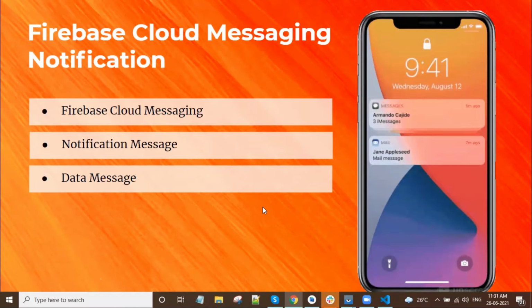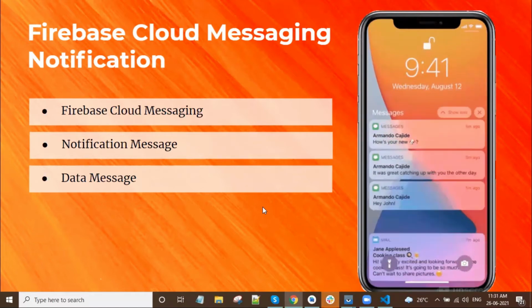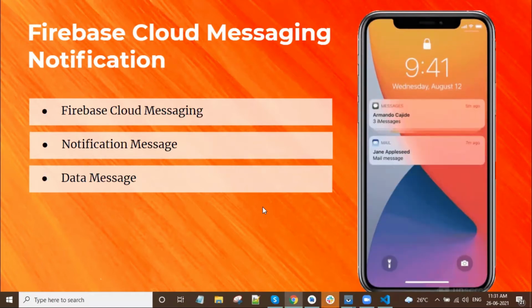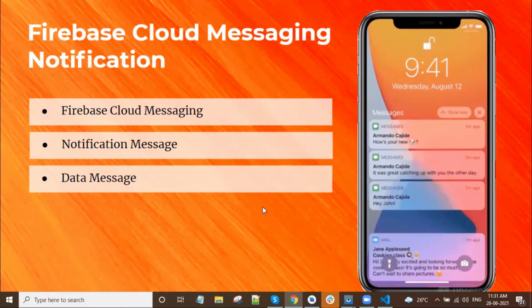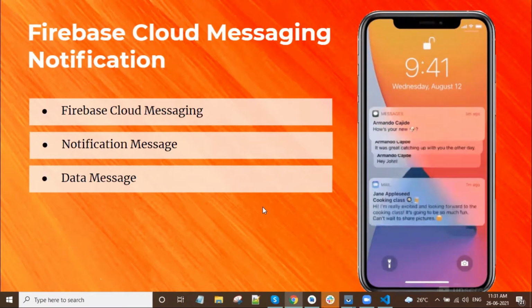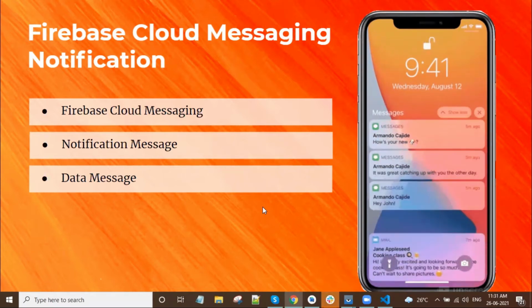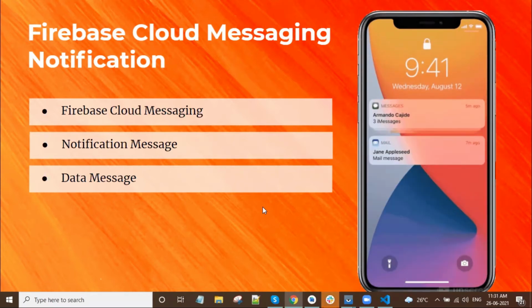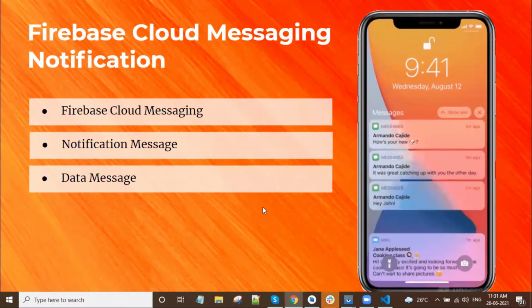The example of a data message: I have developed a chat application, and now I want to implement notifications for messages. But there are some requirements, like notifications should not show when the chat screen is open, and the notification must go to that particular person with whom I am chatting.